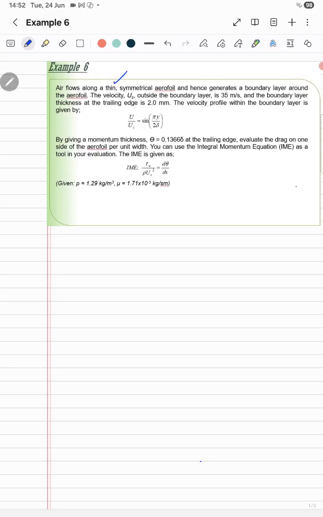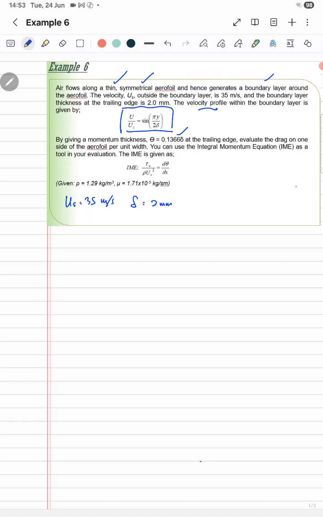flows over a thin symmetrical airfoil and generates a boundary layer around the airfoil. The free stream velocity is given as U∞ = 35 meters per second. We try to get the data they give us first. The boundary layer thickness at the trailing edge is equal to 2 mm, and they give the velocity profile for the boundary layer as a sine velocity profile, u over U∞ equals sin(πy over 2δ), and they give the momentum thickness,